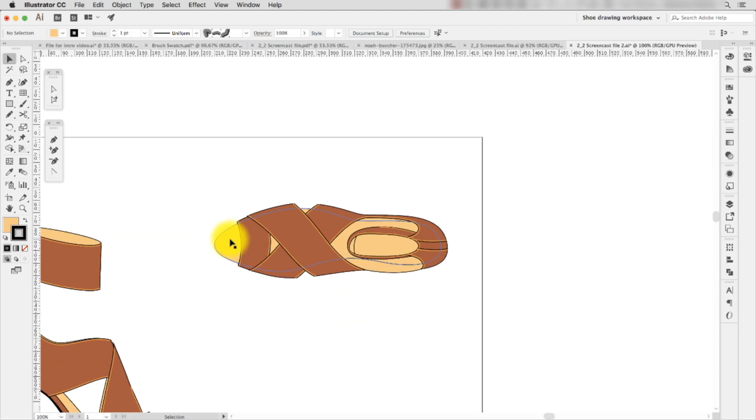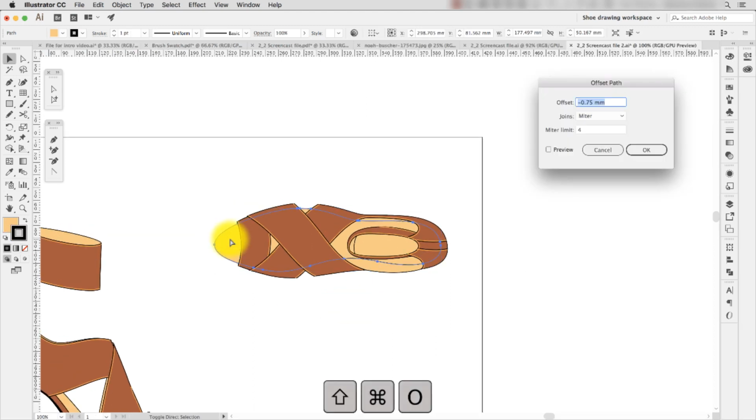I'll use our new shortcut again, Shift Command or Control O, but this time I'll make the offset 1 mm